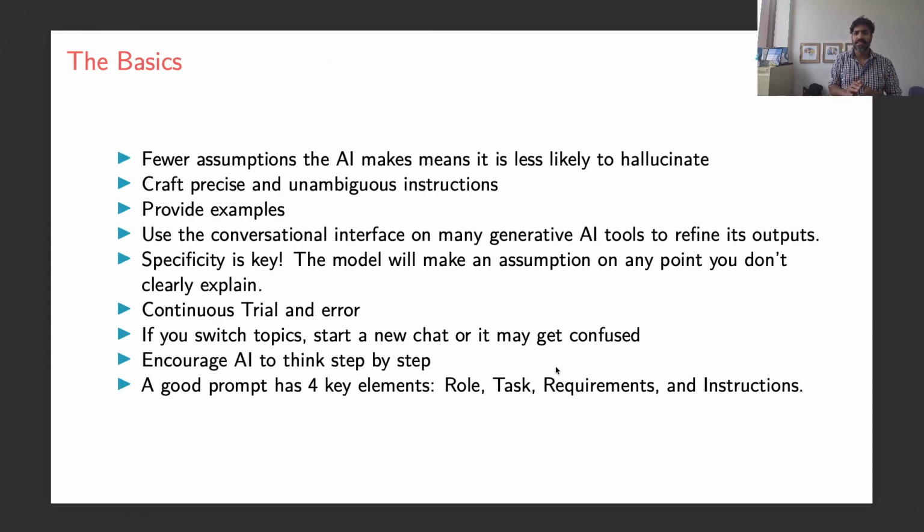So what are the basics of prompt engineering? Again, these are some useful resources that are hyperlinked in red, so you can click on the title and find those in more detail. But really, the fewer assumptions AI makes, the less likely it is to hallucinate. That's where we were talking about the misalignment problem, or the alignment problem, and how you can mitigate that with prompting. If you're asking it to complete a really large, complex task, and your prompt doesn't really match what's required for that, then it's going to have a lot of assumptions and likely some hallucinations. So you can either break that down and give it that, or